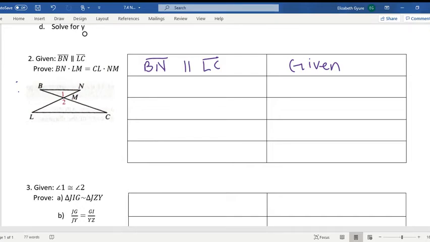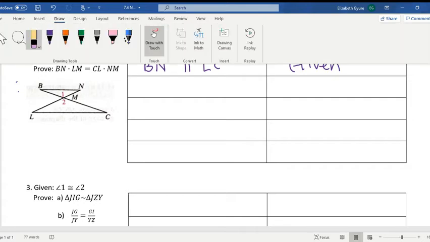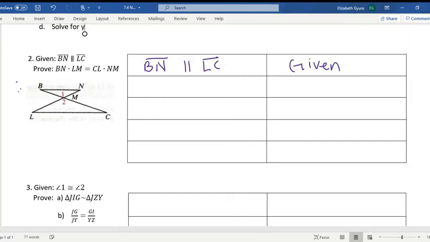It's completely up to you. I'm just going to use my alternate interior angles just because I can kind of do that in one step. But if you prefer to use one set of alternate interior angles and then one set of vertical angles, that's completely fine. So I'm going to say that angle B is congruent to angle C,